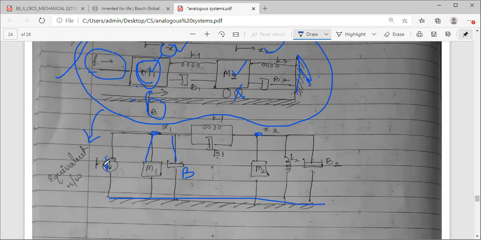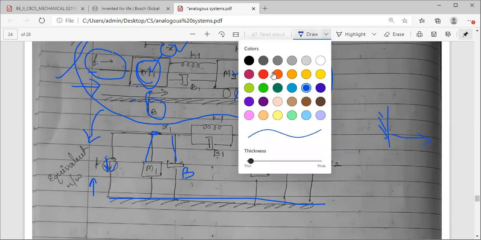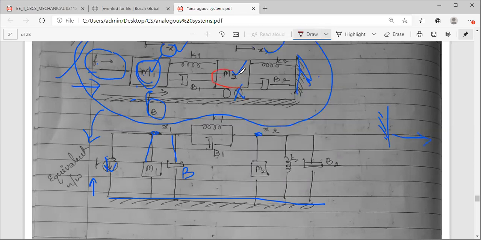Till now, in some of the previous examples, we have seen forces like this, because it was away from this reference. But here, if you see, the applied force is in this direction, because of that it will come down. So this is about the x1 node. Coming to the x2 node, try to see how many elements are connected to the x2 node. For the X2 node, you have M2, you have a spring K2, you have damper B2. So for X2, you have M2, K2 and B2.